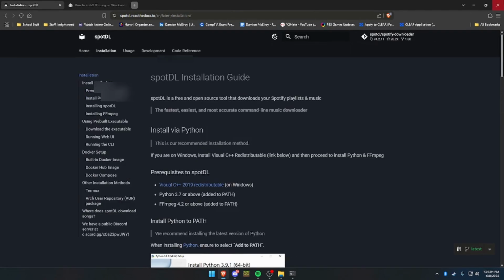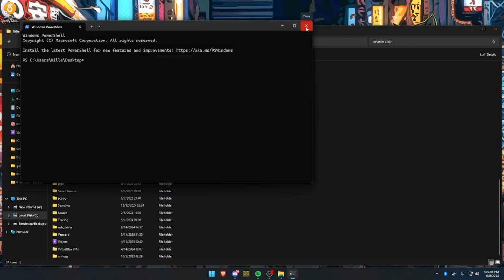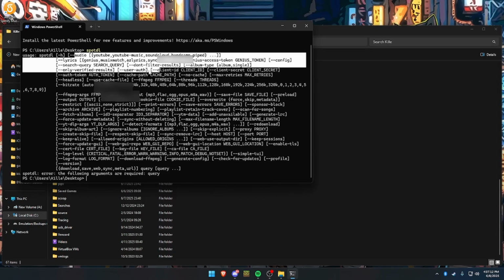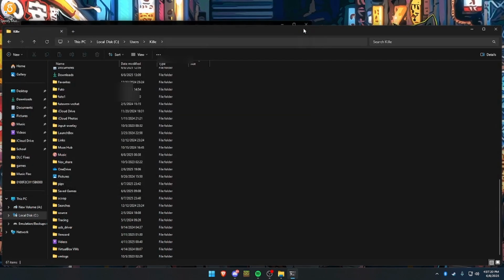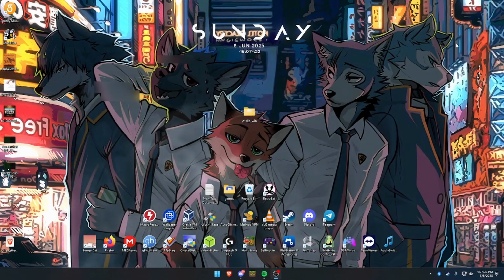After you have this installed, you can see if it's installed by typing spotdl, and it's going to pull up a whole bunch of things. It might look a little scary, but we're going to go over a few things and what they mean. You can even see the download-ffmpeg option right there. So what we are going to do now is,